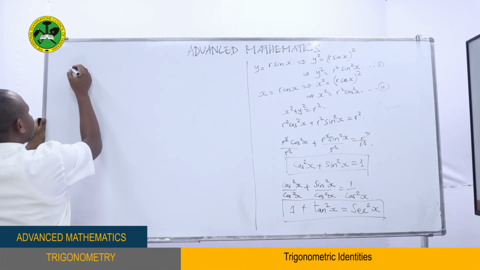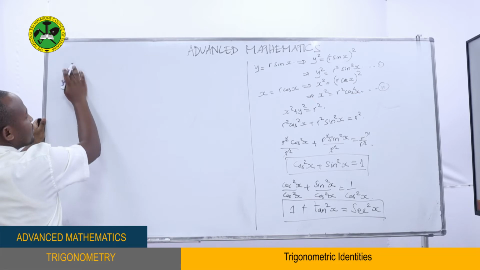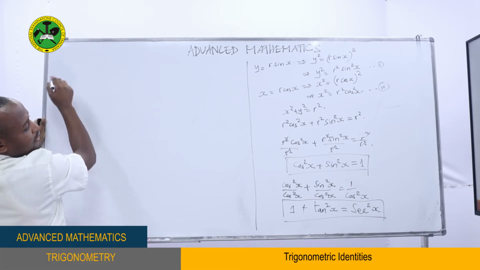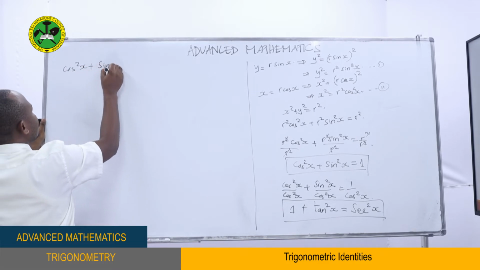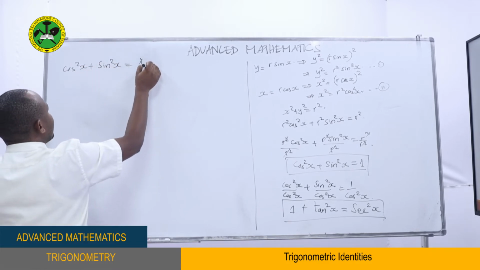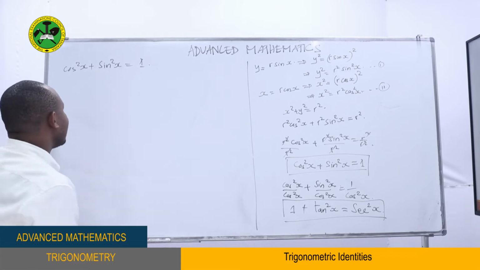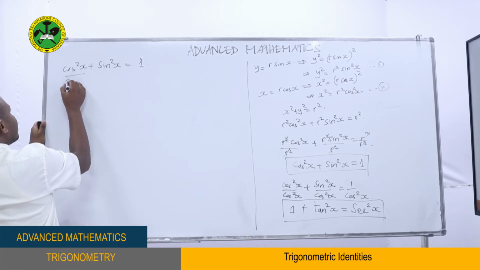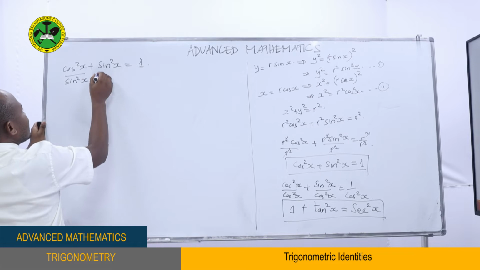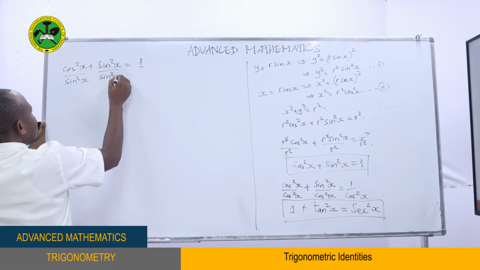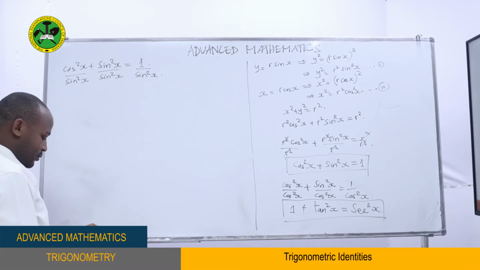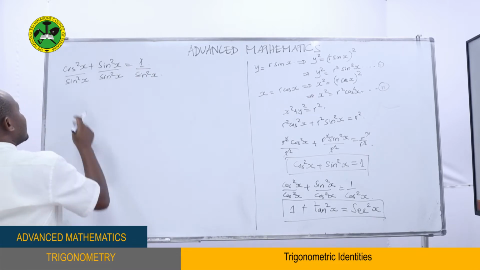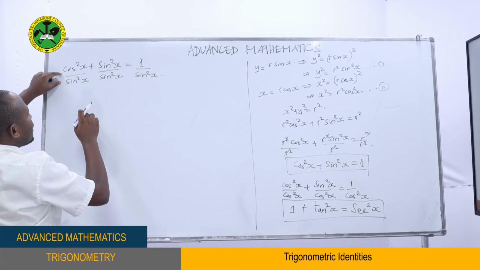So we have cos square of x plus sine square of x is equal to 1. So let's divide by sine square throughout. So we have sine square of x, sine square of x, sine square of x. So what are we left with there? That means we have cot